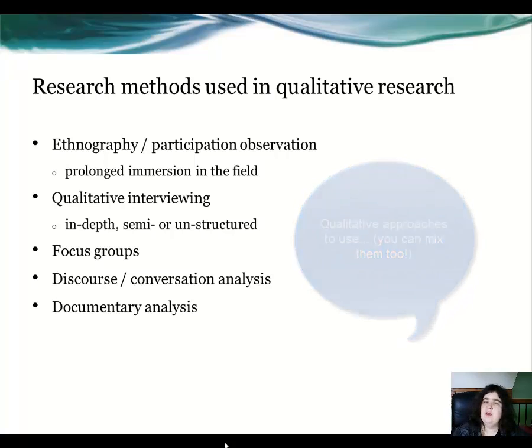Discourse or conversation analysis. This is where you try to develop approaches to analysing the data based on vocal, sign language, written, or any significant semiotic event. Or you may do documentary analysis, so analysing documents from a previous, say, 10, 15 years, and analyse the thoughts or the discursive nature and elements of that period of time of analysis.